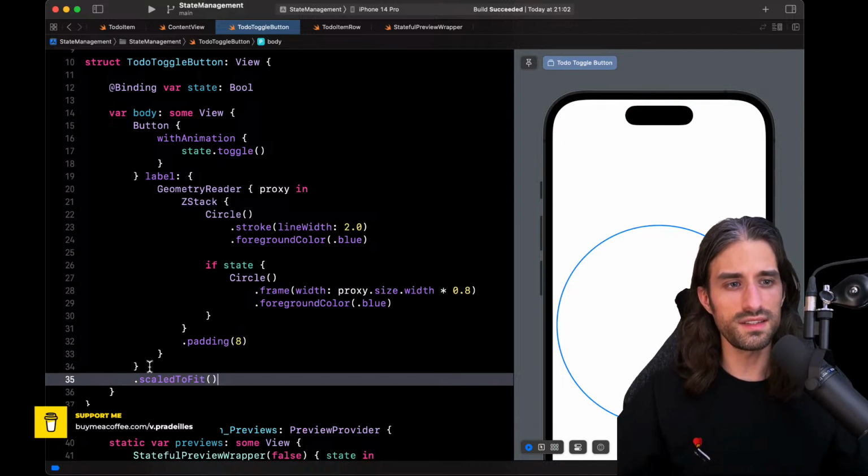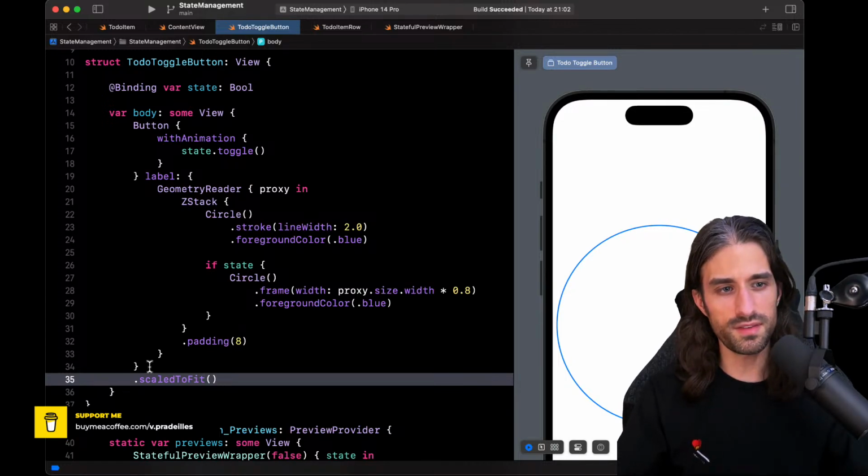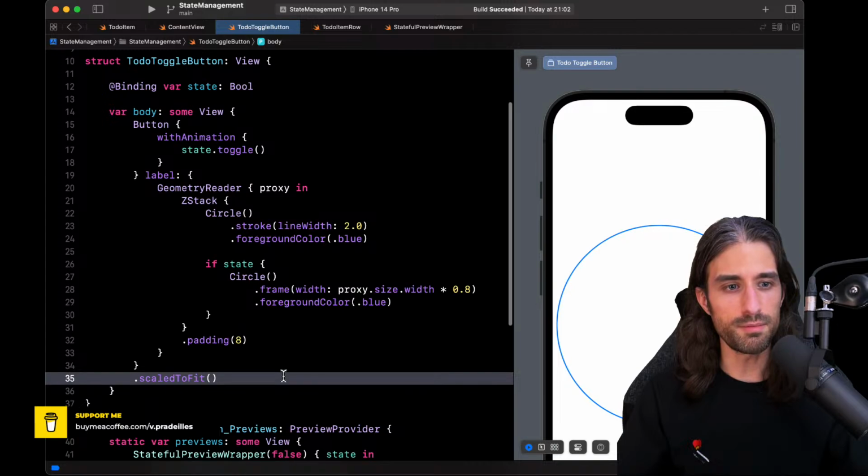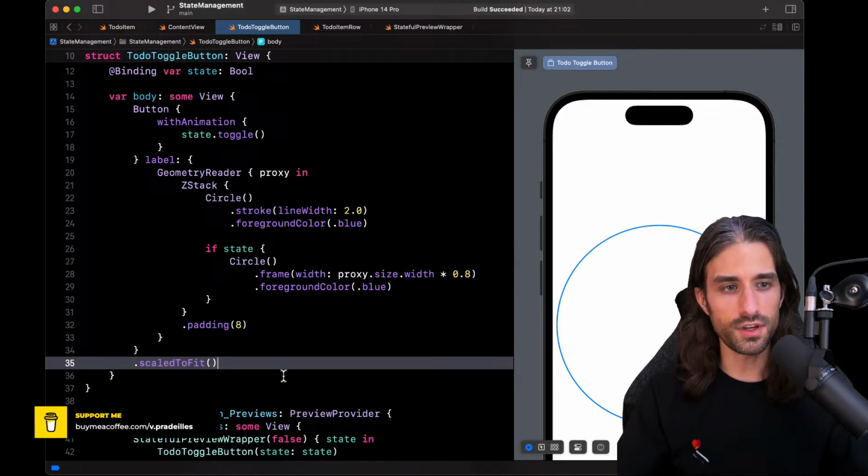And scaled to fit is going to say, okay, you take as much space as possible, but by preserving your aspect ratio. And by doing that, the button will no longer take all of the extra white space it doesn't need.